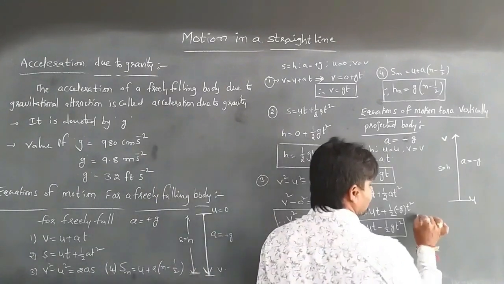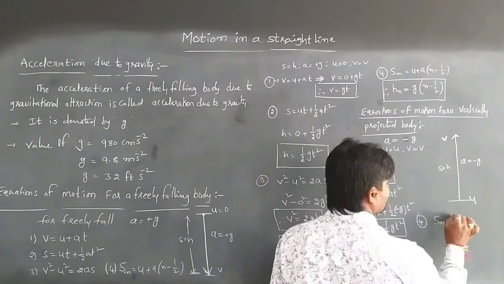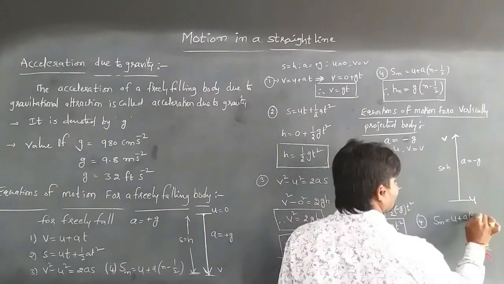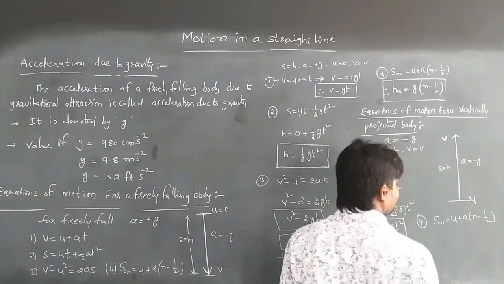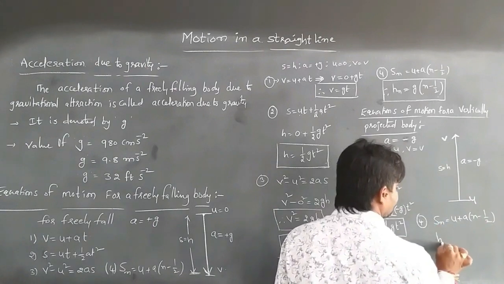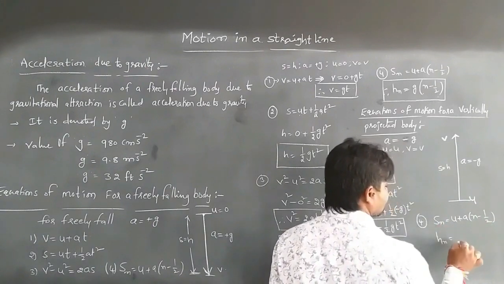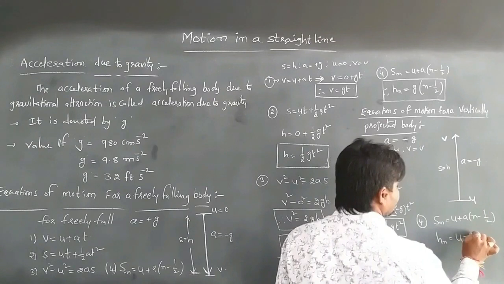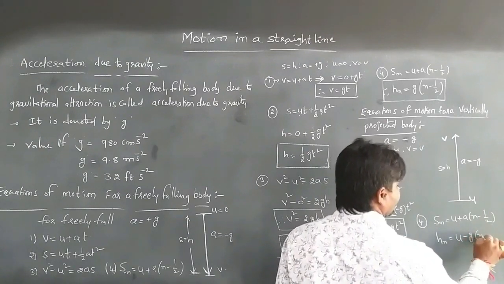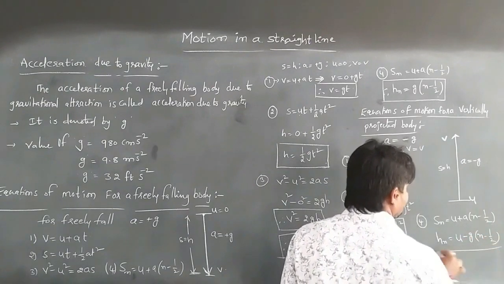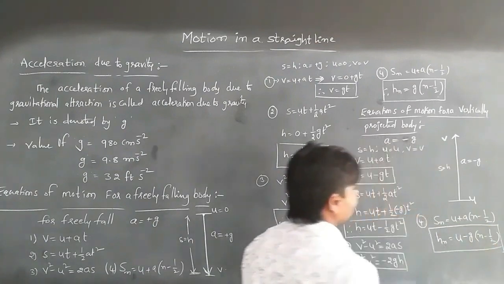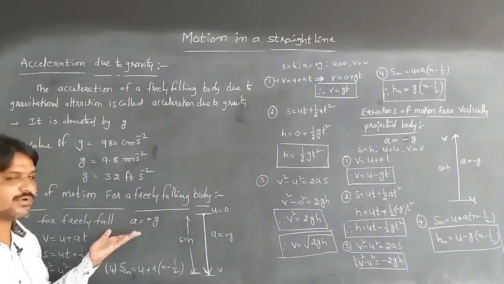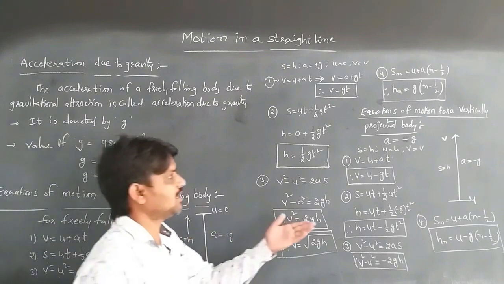Then the last one, the fourth, is Sn is equal to u plus a of n minus 1 by 2 as the equation of motion. Then from that equation, Hn is equal to, with s equal to h, u, and a equal to minus g, u minus g of n minus 1 by 2. This is the equation of motion whenever the body is freely falling from a certain height,